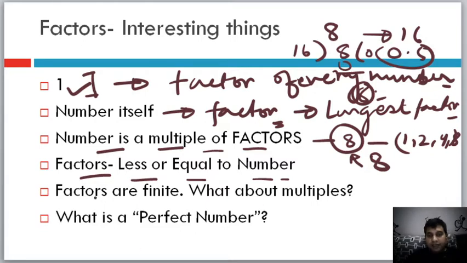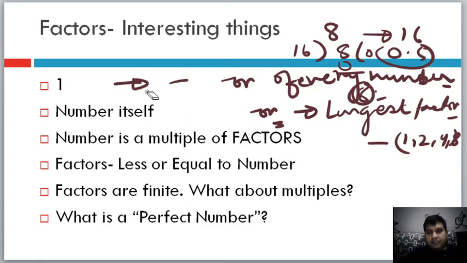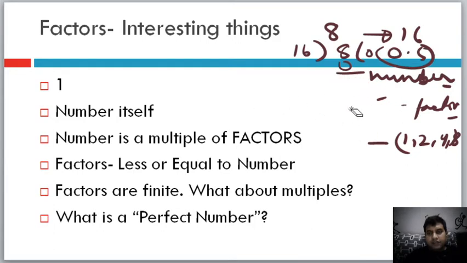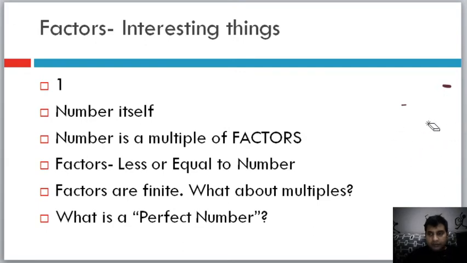Yeah. Now this is quite important as a concept, that factors are finite. What does it mean? Okay. So understand, we can take any number and it could be a big number. Yeah, it could be a number that runs into lakhs and crores and billions and trillions, and because the number system is infinite, let's say we take a very very large number, but still the number of factors is finite always. One might not be able to factorize it properly.